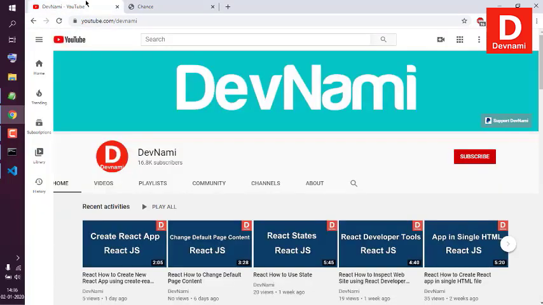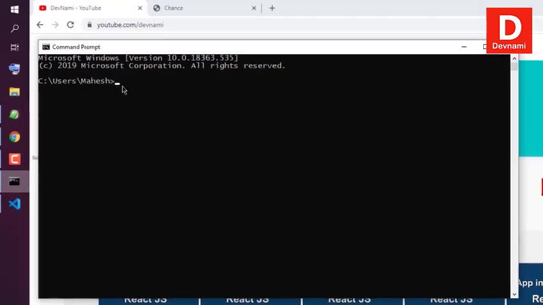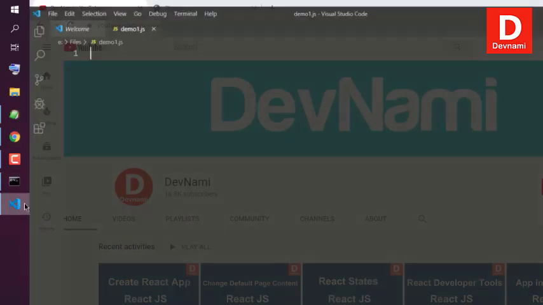Okay, so what we're going to do is we're going to open command prompt, and let's say I move to this directory. Here I wish to install Chance, so npm install Chance, and if you have yarn you can use yarn add Chance. Okay, once installed, make sure to create one JS file. Let's name ours